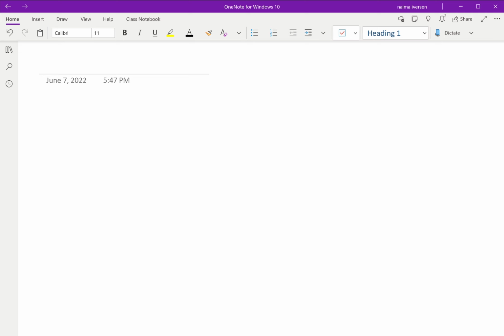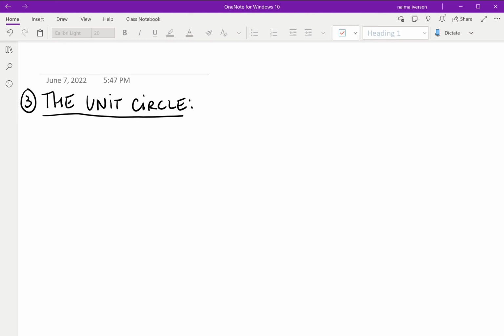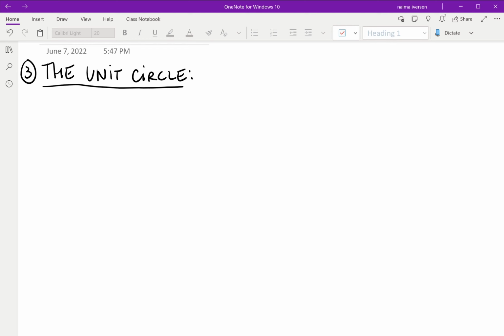All right, so now I need to show you about the circle. In order to do some of the other special angles, what we're going to be doing is taking a look at the unit circle. I guess this is part 3, the unit circle. First I have to give you the definition of a unit circle. A unit circle, or the unit circle if you want,